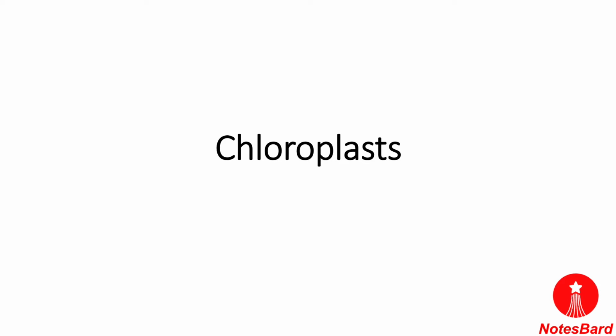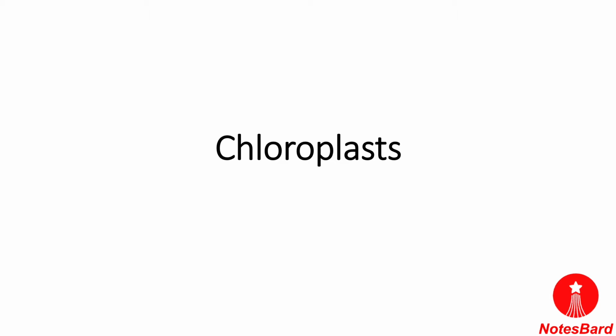Hello everyone. The next topic which we will be going to discuss is about the chloroplast. Before moving towards the chloroplast, we will first understand the basics of the plastid, because chloroplast is a type of plastid. So what is plastid? Plastid is basically a double membrane cell organelle, and they play a very primary role in the manufacturing and storing of food. These are further divided into three parts, that is chloroplast, chromoplast and leucoplast.